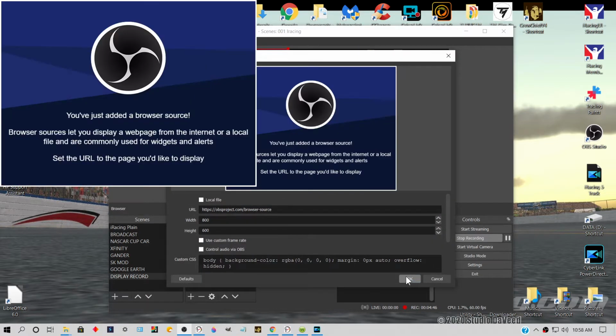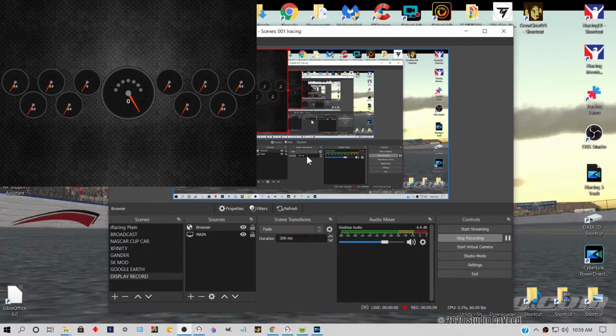Okay. URL. Highlight that, or get rid of it. Paste. This is the URL path that we just copied. You can change the width there. We're going to leave that alone for right now. We're just going to click OK. There you see